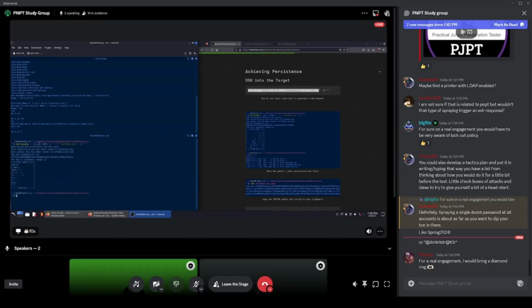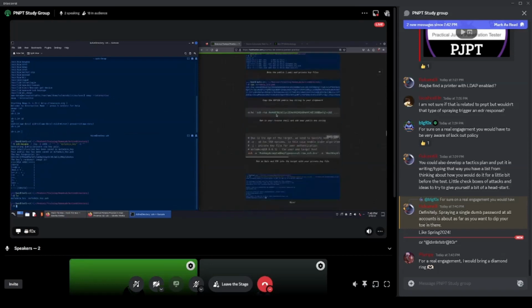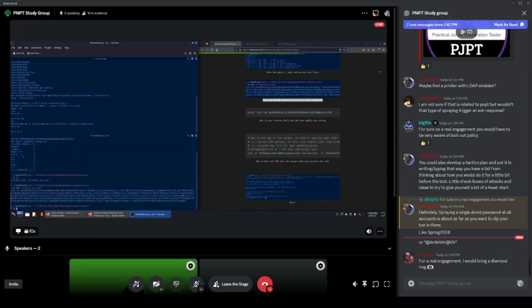All right. So now if we do an ls, we'll see we have a public key file and a private key file. Here I'm going to copy the entire public key string to the clipboard. Again, what we're doing here is setting up persistence on the box so that we can SSH back into the box anytime with our private key file, unless the blue team are smart and they figure out